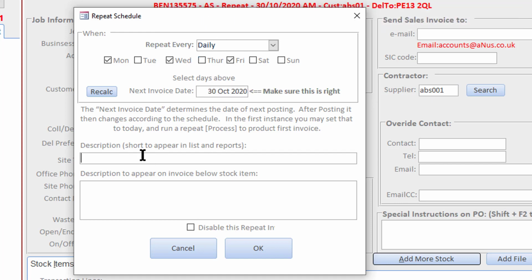Now down below we've got two boxes which enable us to pop in some information. So the first box is actually a summary which we see in this list. So whatever we want to see in that list, we type in here. So I don't know, we could put in here, what is it? It's a 240 litre wheelie bin, changed on Monday, Tuesday